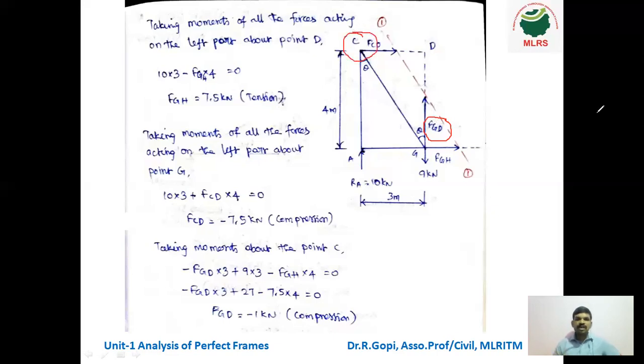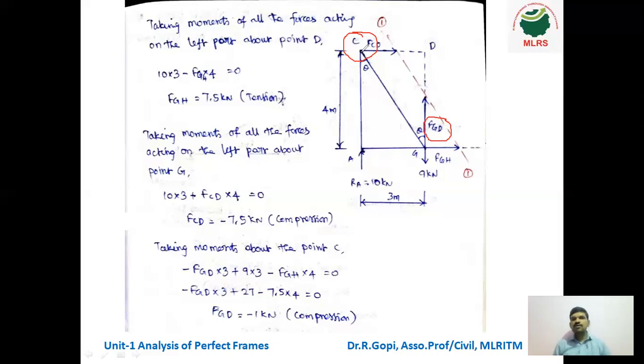So students, please remember, this point is not discussed in any textbooks. That means for whichever member we need to calculate the force, we have to take the moment about the opposite joint of the member. You can't see this point anywhere in the textbook, so if you directly read a textbook you can't understand. So use these simple steps to solve this problem. So for FGD, we have to take moments about the point C.